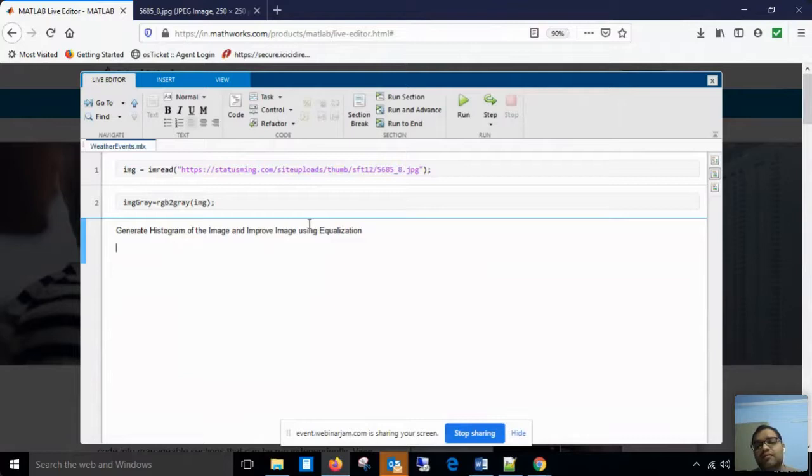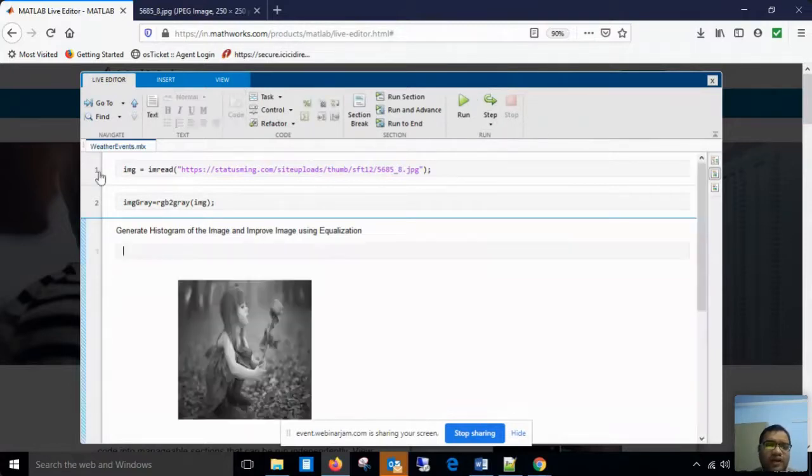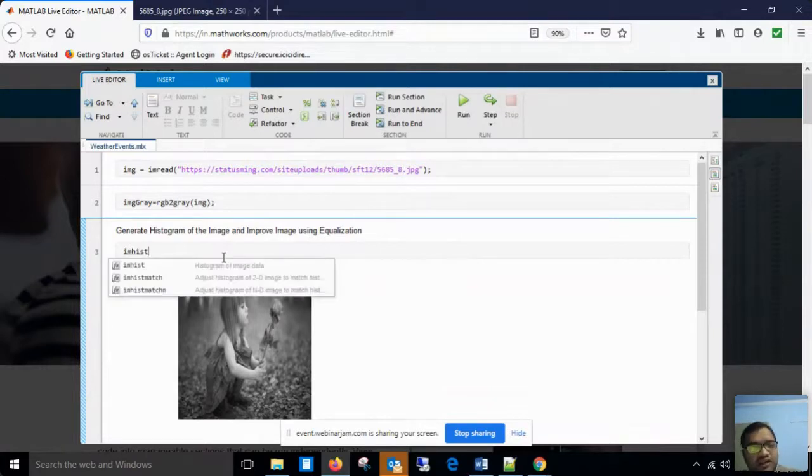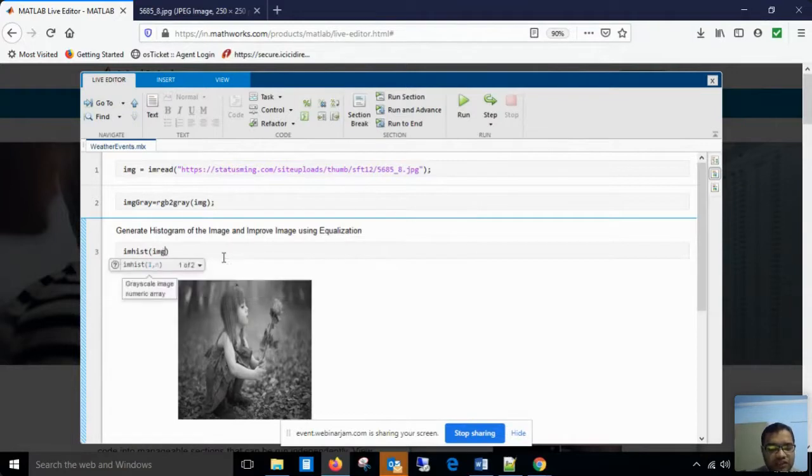So whenever we find that the values of the grayscale are distributed over the x-axis, that means the complete range is covered, then we say this is a high contrast image, otherwise the quality of the image is quite poor. So we see how to observe it, how to generate the histogram of the image, and we will see how we perform equalization, right? So IMG is my actual image. So what I am doing, I am writing a function imhist. imhist is an inbuilt function, that is image histogram or histogram of the image data, and my image is img gray. I am executing all the functions on img gray, right?